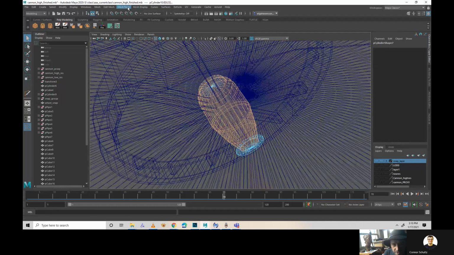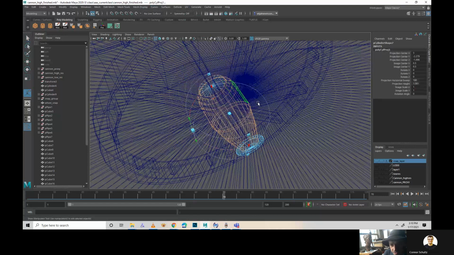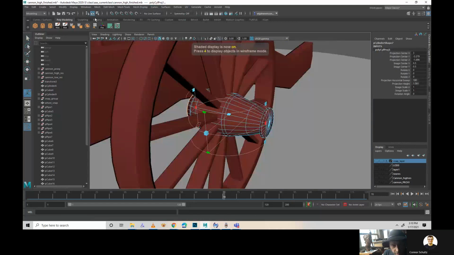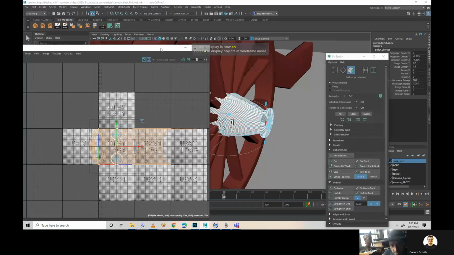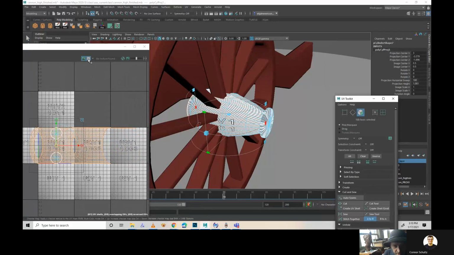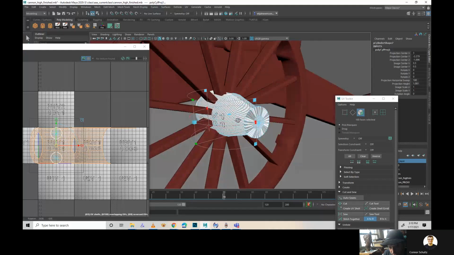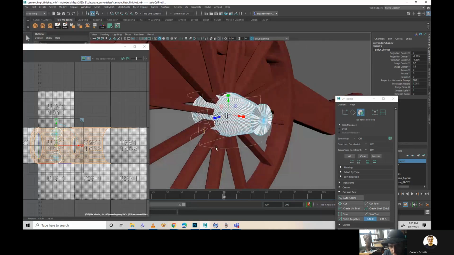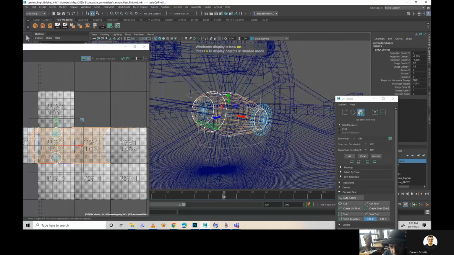So what is it? UV, cylindrical. You get this cylinder, and if we were to turn on the checkerboards, you notice that's this button here in the UV texture editor. You notice we're not in the right space. Everything's skewing. So what I do is I click on the little T at the bottom of the UV gizmo,